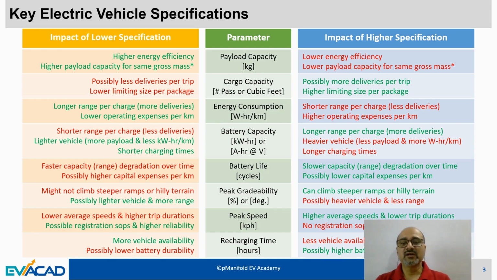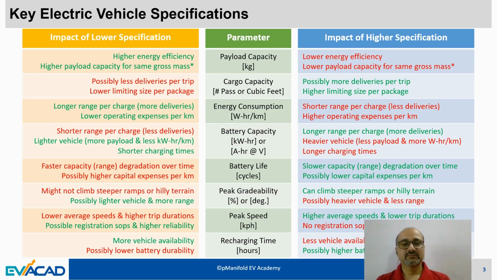Intuitively, lower specifications, meaning less capacity to carry volume or passengers, mean you need to do more trips, since you move fewer people or goods per trip. With a higher specification, you can do fewer trips to deliver the same number of goods or